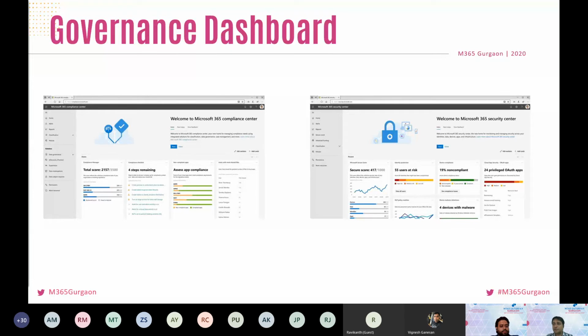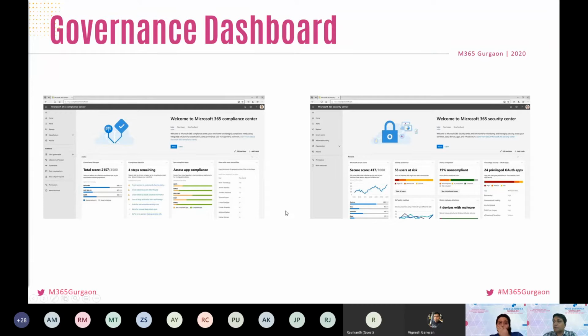And the best thing I found here is that you can customize it based on your needs. There are a lot of cards in the screenshot. You just see 4 cards as of now, but you can add and remove sections and cards from this compliance center and tweak it based on your needs. We are not going to talk about all the cards available here, but the sample is given here.